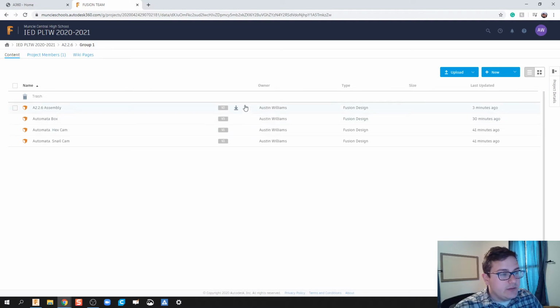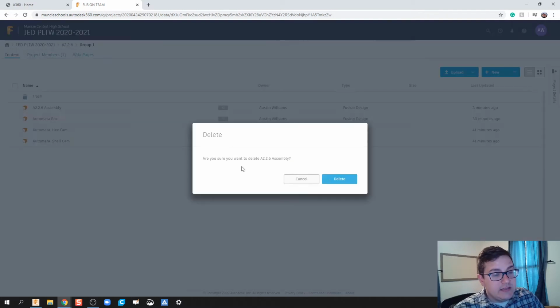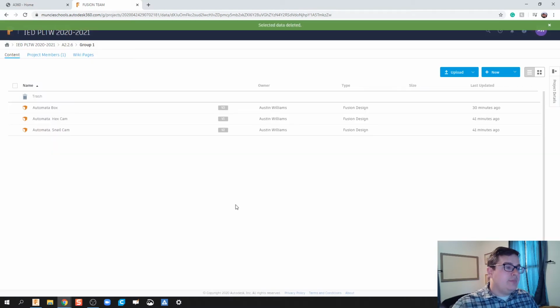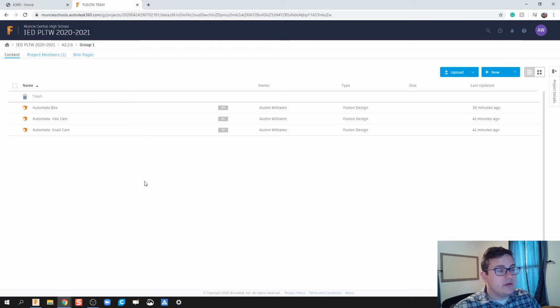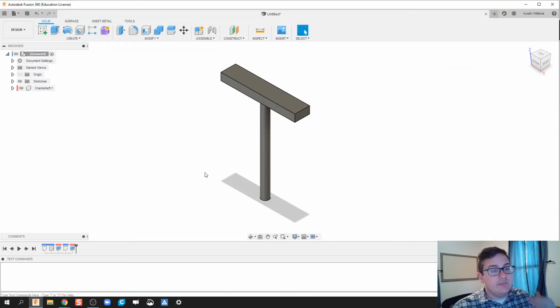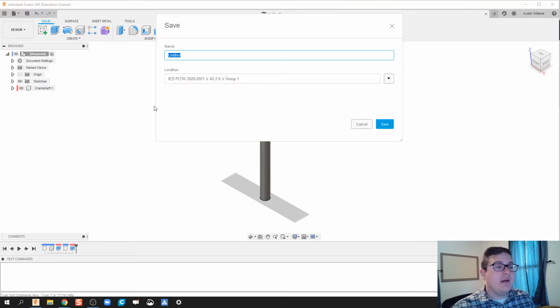Actually, I'm going to delete this. Okay, so I had three other hypothetical members all do parts. Time to do my part. We'll say my part was doing the crankshaft. So I built the crankshaft, but I have not saved it yet. When I go to save this, it's going to ask me where I want to save it. My location is going to be the PLTW class, the activity, and my group. And so when I save this,